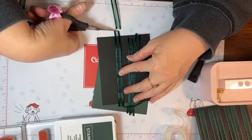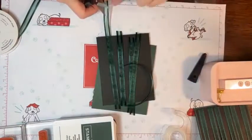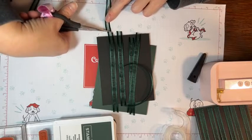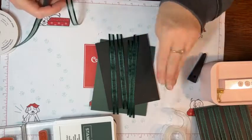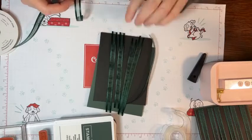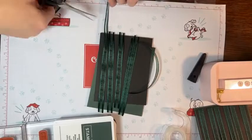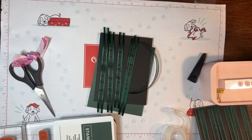So it takes a lot of ribbon, but the effect is good. And you're not using any paper. So I don't know if you guys realize, but this is what the costumes for the cast members at the Haunted Mansion wear. They always wear this Evening Evergreen color with black stripes. So 1, 2, 3. Okay, I need one more. And it always has black stripes. Well, because this has this open weave organza,